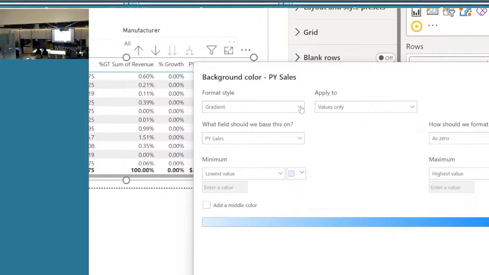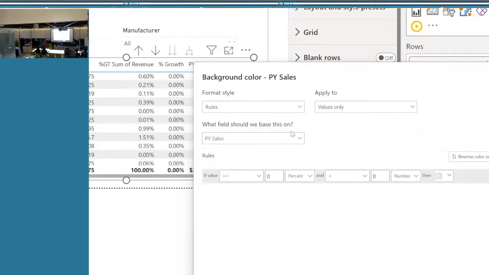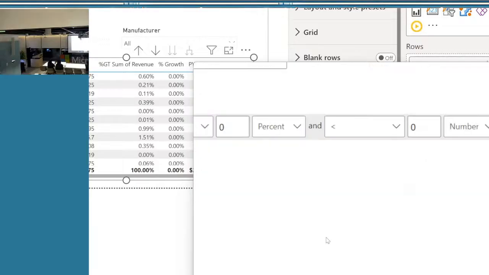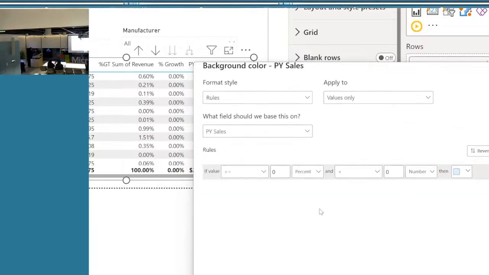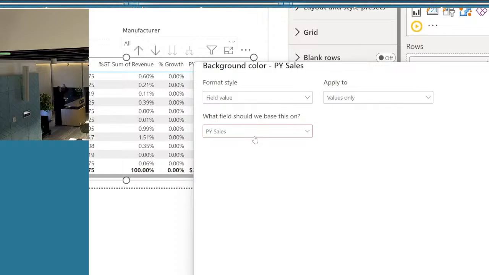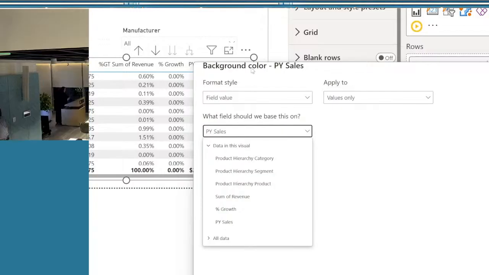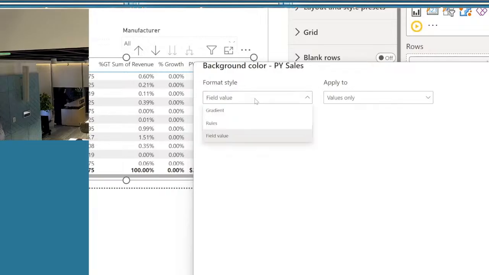I can choose different format styles. It could just be a simple gradient, so it automatically looks at the values and makes a gradient out of it. Or it could be based on some rules, like if the value is within this range, then have this color. If it's within this range, that color. Or you could have it based on a value of another visual. So for example, if you have a more complex condition function defining all of that, then based on the value of that, you can make this value also change. You're not going to do this in this lab, but it's good for you to be aware of.